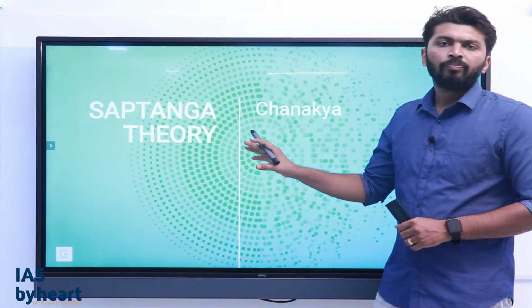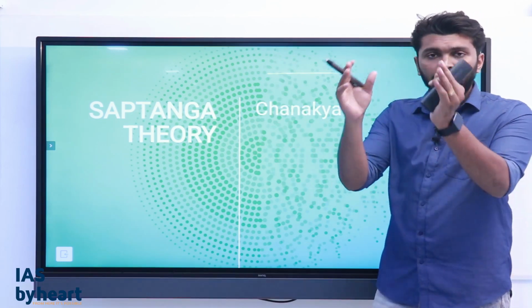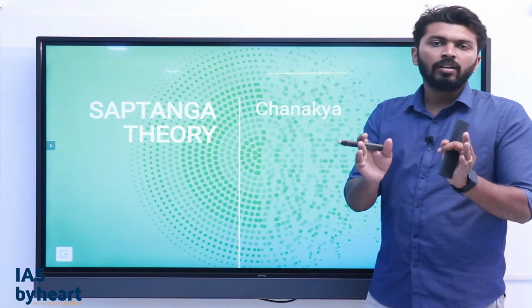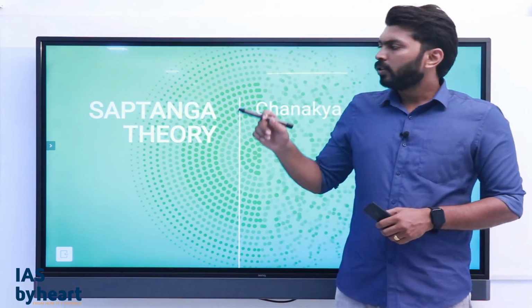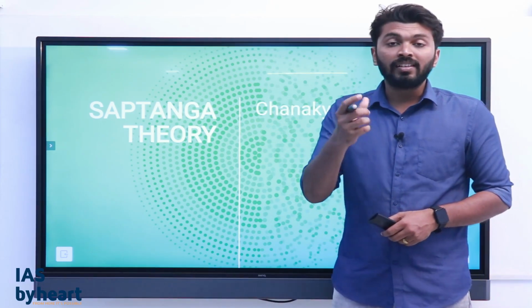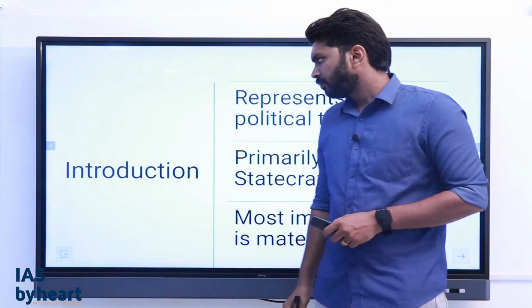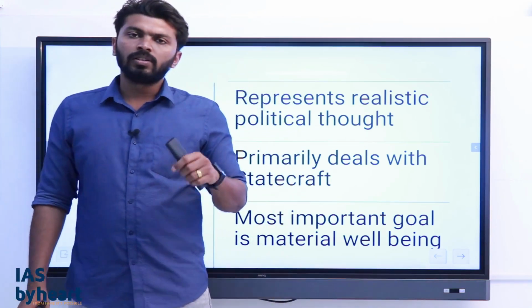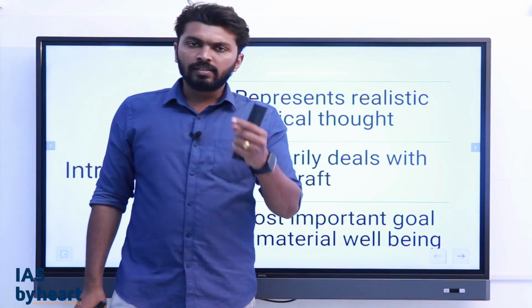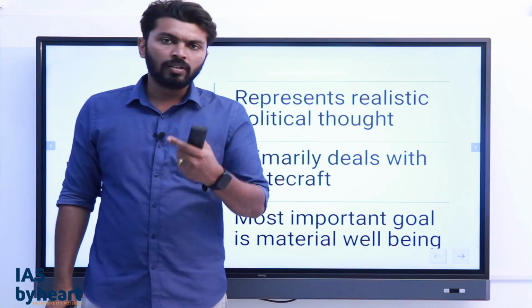This theory states what a state is and how a state should be conceptualized. What are the elements of the state? That is the keyword here. What are all the constituent elements, the prakritis, of the state? So first let us have an introduction about Chanakya and his work Arthasastra. This Saptanga theory is from the treatise called